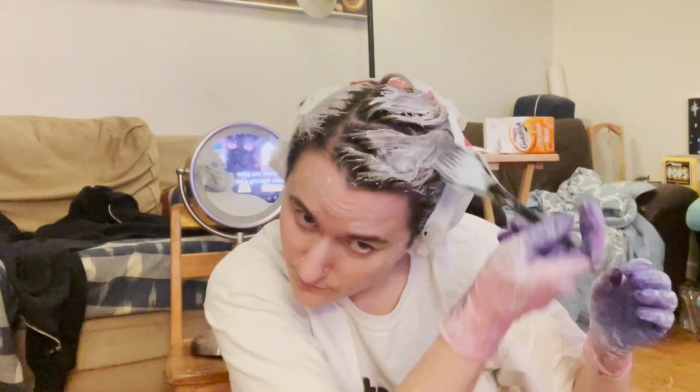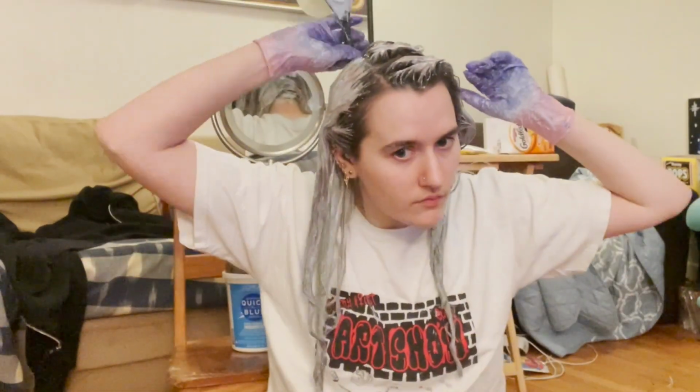They tend to stay pretty dry, especially after they've been sitting behind you for so long while you've been doing the rest of your hair. They dry out. It probably would have been better if I used foils, but I really just couldn't manage that. By the time I was done with the whole head of my hair, it had already been like over an hour. So I figured the ends of my hair in the back were starting to get pretty light, and that's where my highlights were already pretty much platinum before I even started, at least underneath the blue dye that was back there. So I just decided to wait like 10 or 15 minutes,